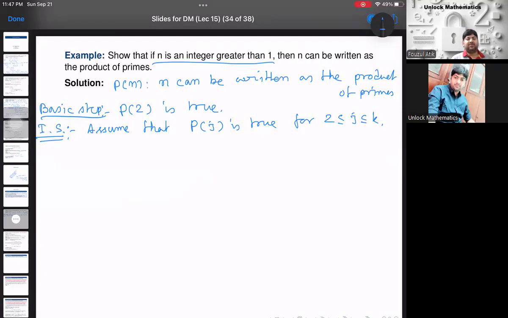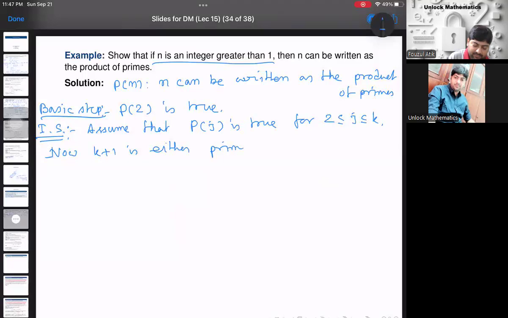Where your assumption is that 2 can be written as a product of primes, 3 can be written as a product of primes, dot dot dot, up to k, all integers can be written as a product of primes. This is your assumption. You have it already. You have to prove that k plus 1 can also be written as a product of primes. Now k plus 1 is an integer, right? So k plus 1 is either